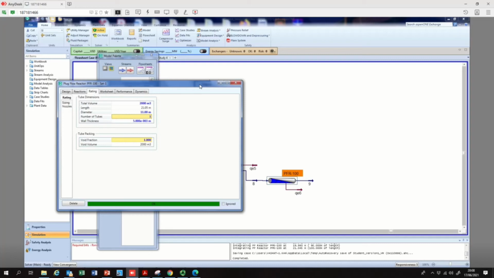The diameter we are going to fix to 11 meters, and later we have to fix the length to diameter ratio of 1.5. So we will adjust the length to diameter ratio, and we will also adjust our residence time roughly equal to